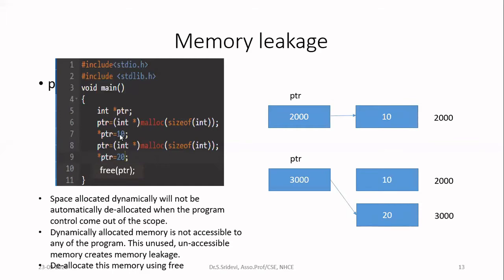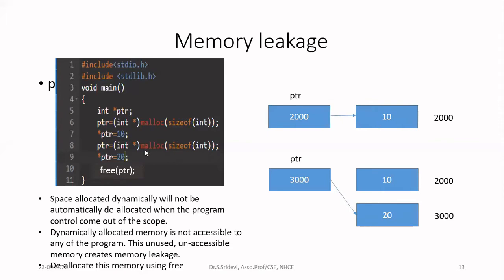Now see line number 8, this is very important. Now I am allocating memory for another integer variable. So again I am calling the function. I am allocating memory for another integer. I don't want to extend the same memory. They are different integers. I am assuming that they can be in different places. So I am allocating memory for another integer variable.